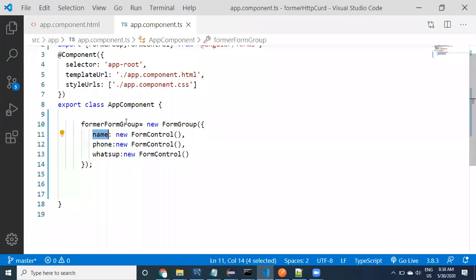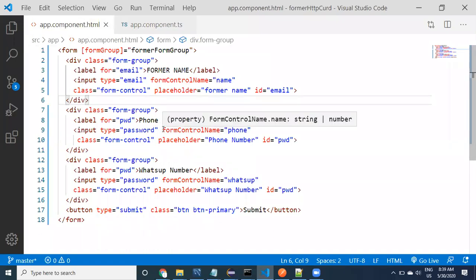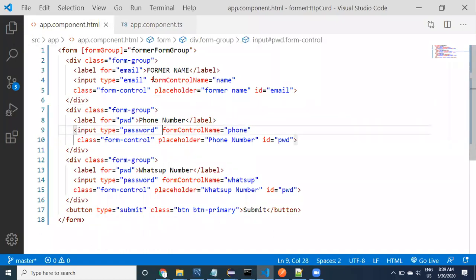For the form group we can use property binding, but these are not properties. They are the keys and values inside the form group. So you should not use property binding here. We tell it that this is related to form control name, so that it will take the name from this group, go to this group and then find the form control object. So remember that.